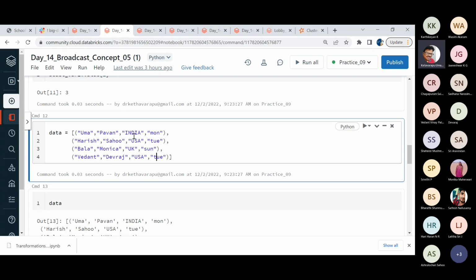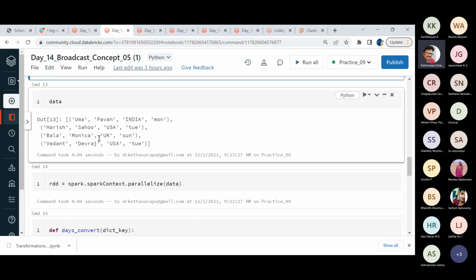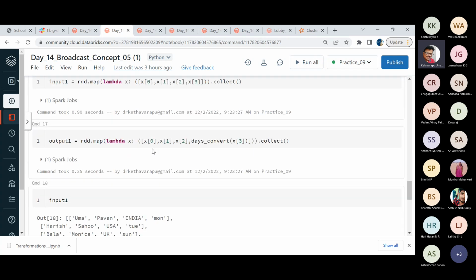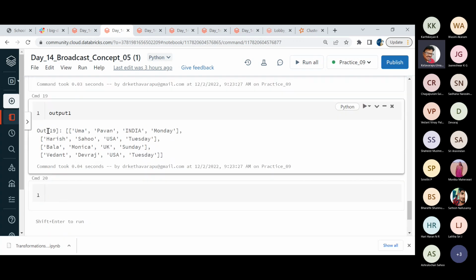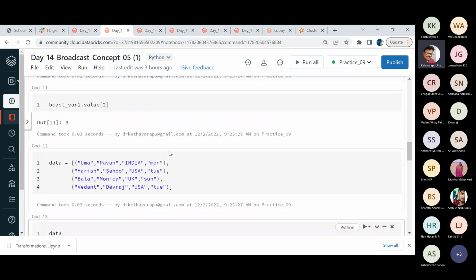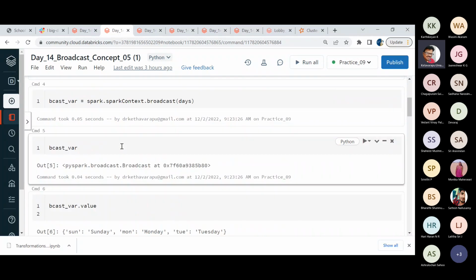And these are all guys working in different locations: India, US, UK, US, like that. Now, in these kinds of conditions, I am not ready to elaborate Monday, Tuesday, the complete day. I just use the labels, and only whenever there is a requirement do I want to elaborate the labels. For that purpose, I am making use of the broadcast variable, and this I am sharing with you guys. Just have a look at that. This entire data and coding is a combination of the